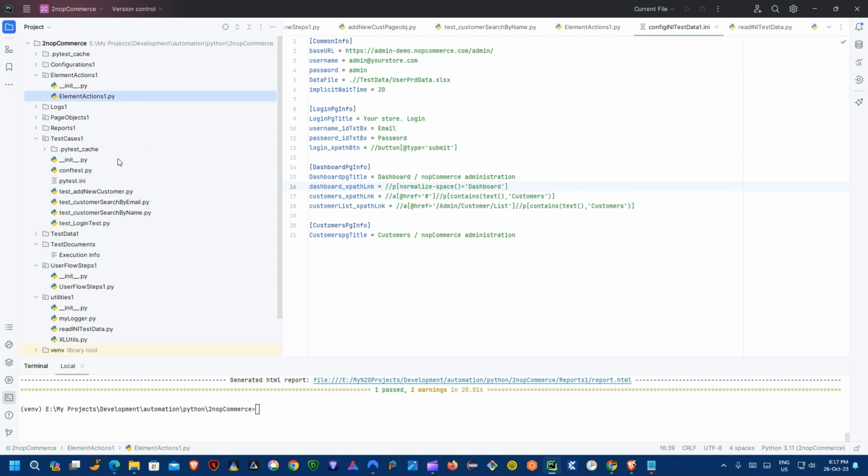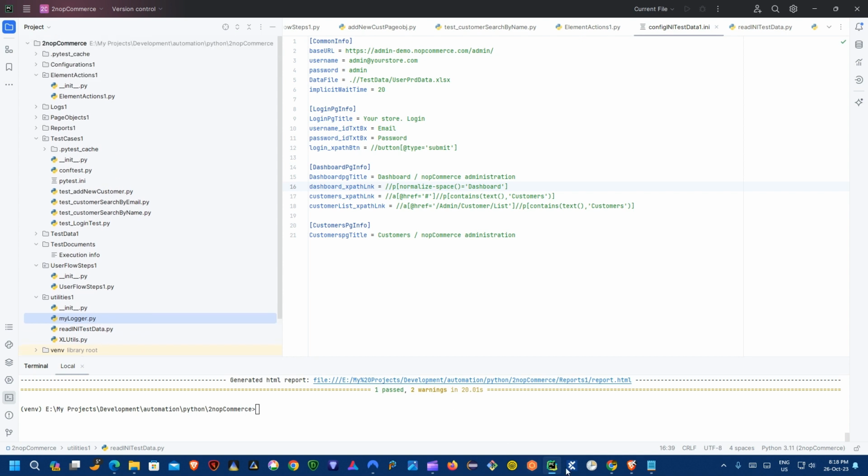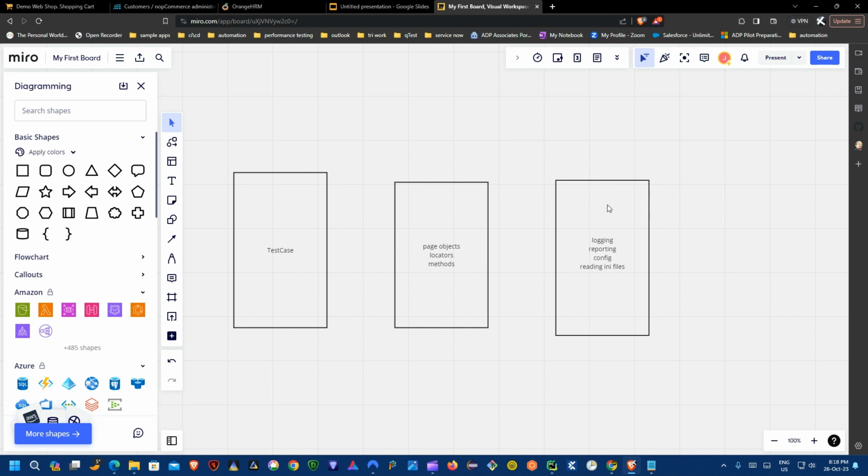Then you got your ElementActions, your test cases. You put test documents in here. Of course, through your UserFlow steps. Here's your utilities folder, Excel files, methods here, reading the INI file, the logger, and so on. So that's kind of a typical bare bones automation framework. So once you have the page objects built